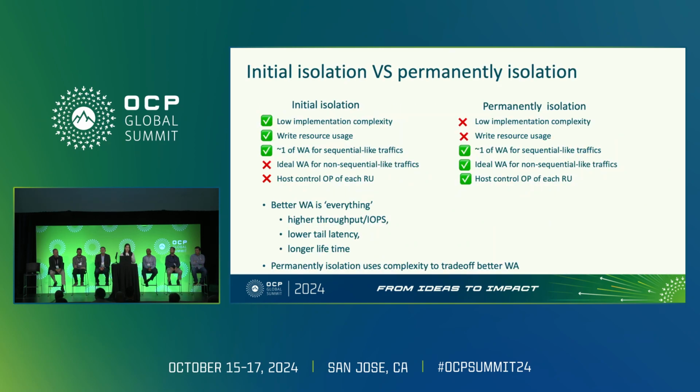So by the examples, you can see there are some write amplification differences between initial isolation and permanent isolation. To compare them in detail, for the implementation part, the permanent isolation will have higher design complexity and use more RAM resources. And for both initial isolation and permanent isolation, both will have WA, or write amplification, around 1 for the sequential large host traffic. However, for the permanent isolation, in the non-sequential host traffic, we'll have a more ideal WA as we showed in the previous